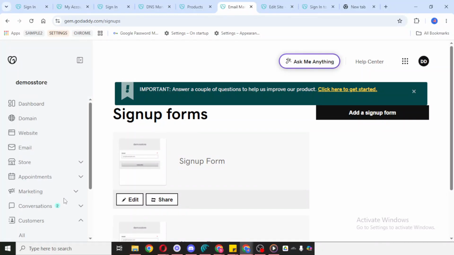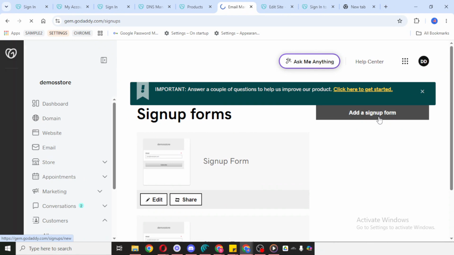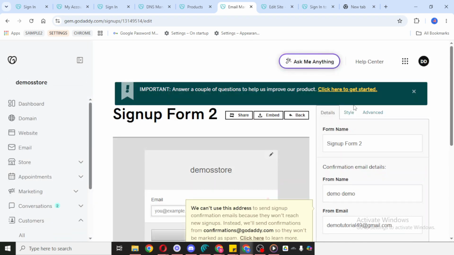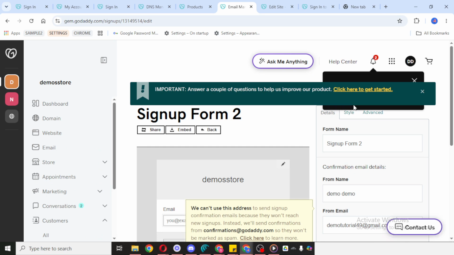Take your time here, because this is the part where you can make the form useful and easy for your visitors to complete. You can now customize your form by entering the fields you want to collect, such as a name, email, and any other necessary details. Keep the form focused on the information you actually need. In general, simpler forms are easier for customers to fill out, which can help improve sign-ups.